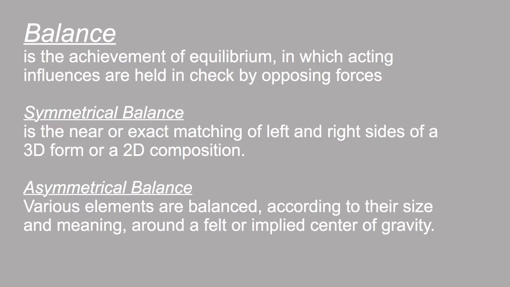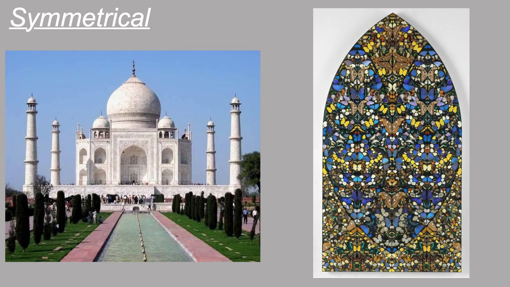Symmetrical balance is the near or exact matching of the left and right side of a 3D form or a 2D composition. Whereas asymmetrical balance is when various elements are balanced according to their size and meaning around a felt or implied center of gravity. So for example, for symmetrical balance, the Taj Mahal that we have learned about is a